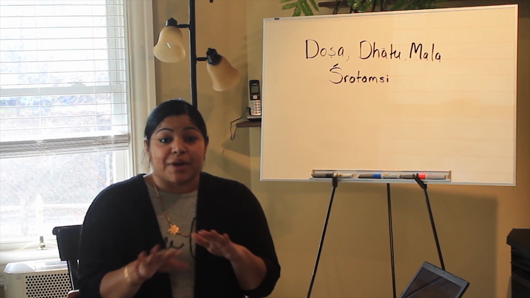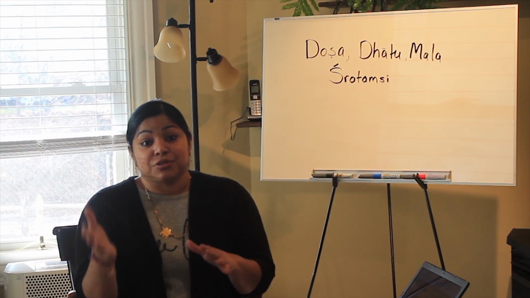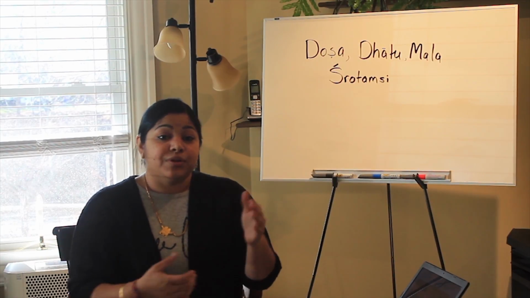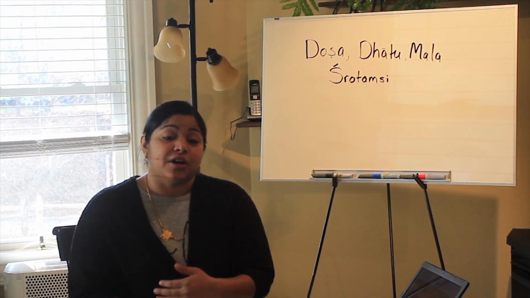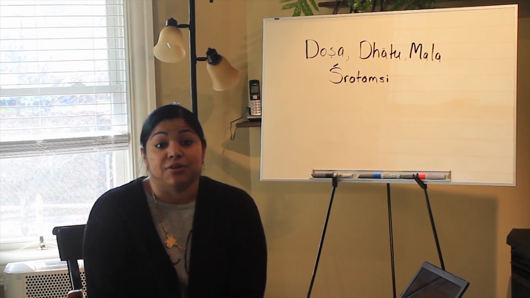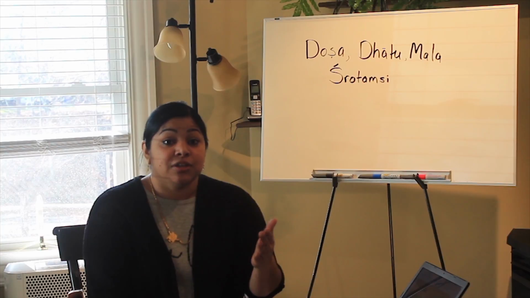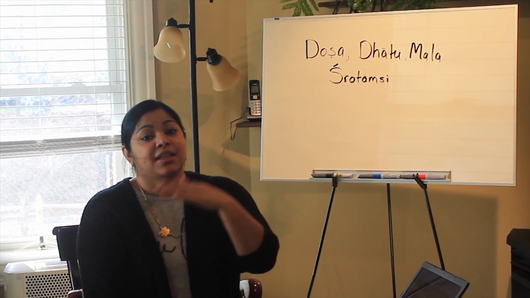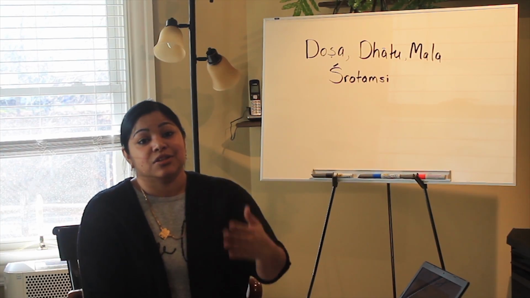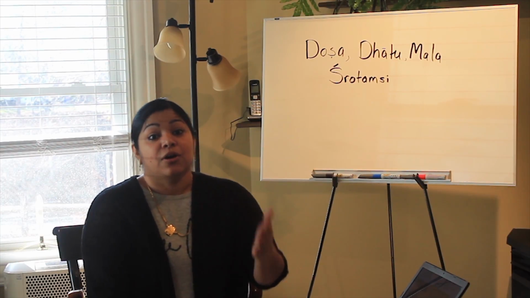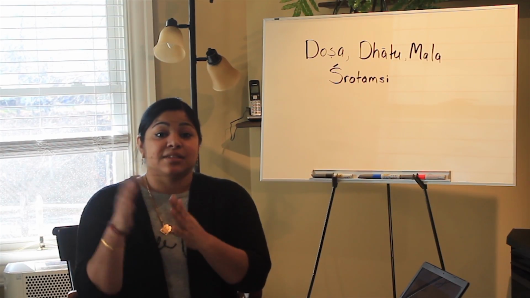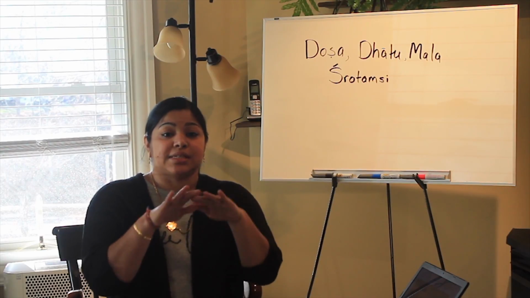We talk about, again, the balance of the production and the excretion of the waste products. In the next video we'll talk about Sama Agni, or the balance of the Agnis. And again, when there is variation or a change from that balance, that is when we start to get into the realm of pathology or disease or signs and symptoms which are apart from a state of